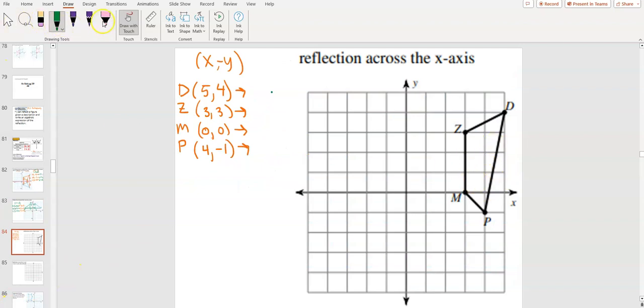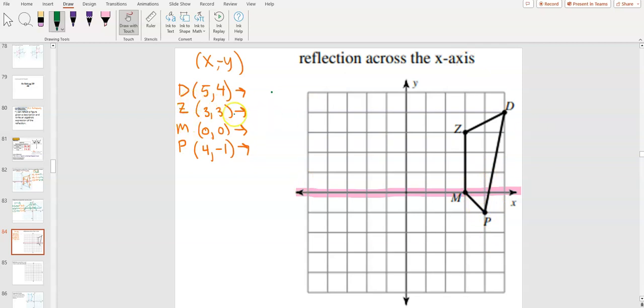Now this problem has something a little bit tricky about it. You might notice that the line of symmetry goes through the shape. And what that means is that the top half of the shape is going to flip down, but the bottom little piece of the shape will flip up. And my shape will actually flip and overlap each other. So my pre-image and my image will be on top of each other, okay? So I can do this by counting, but I figured I'd show you that algebraic way because this way you can kind of do the math and not worry about this weird visualization of them overlapping and then graph your